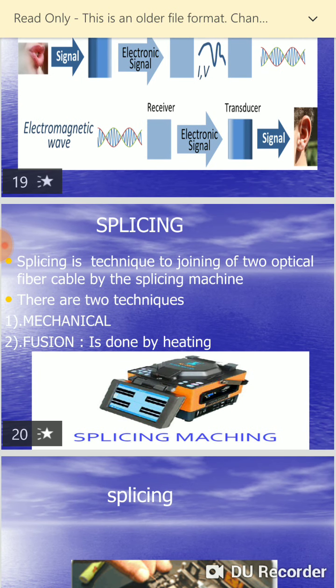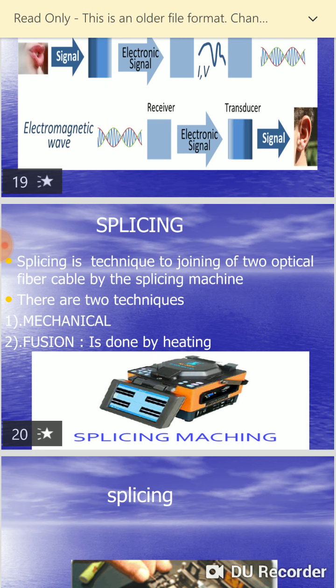Then next we are going to see the concept of splicing. Splicing is nothing but joining of two optical fibers. So in this session we are going to pick up some important revision points from initial chapters which are essential for optical fiber communication. In that we are going to consider splicing. Splicing is a permanent joint between two optical fibers.